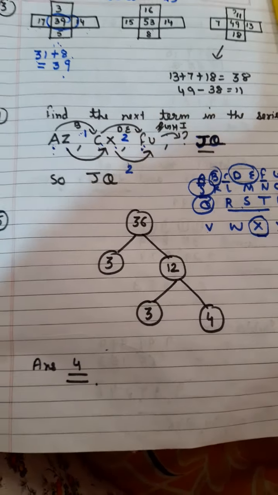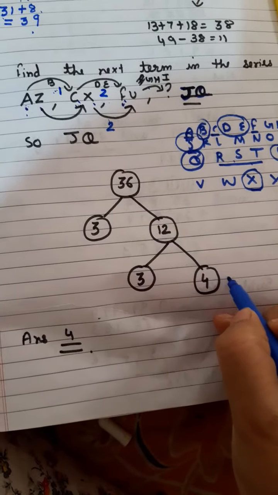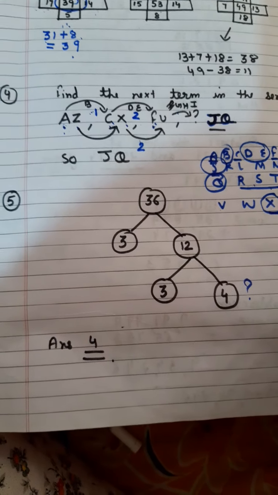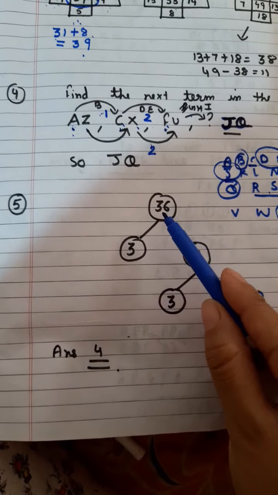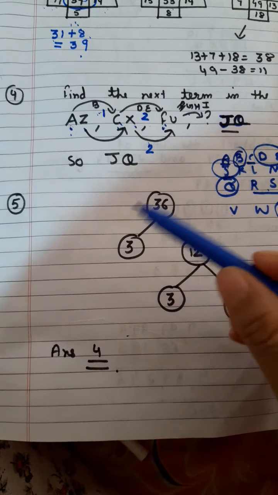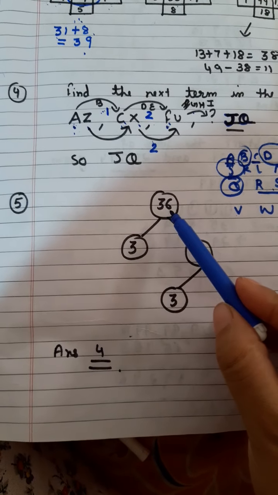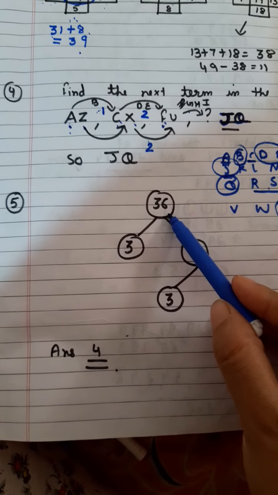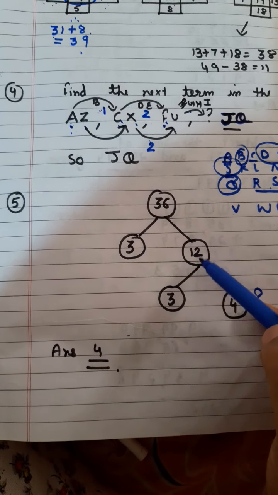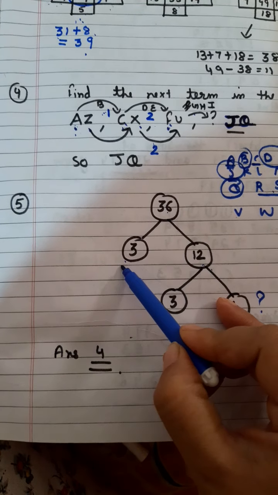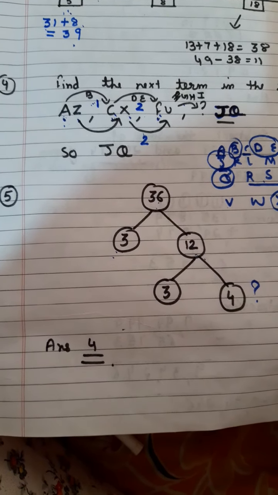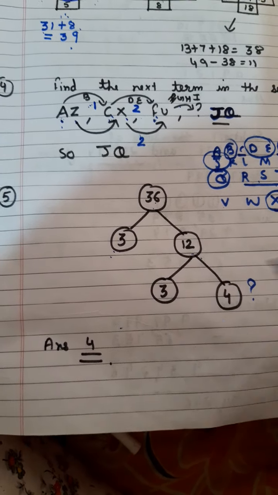Clear? Now again, this type of question we had done in my previous session also. See, we had given with the tree type shape. This is the tree type shape. Here 36 is given. We had divided 36 into 3 and 12. Means 12 3s are 36. I told you that day also, just start from the bottom end.